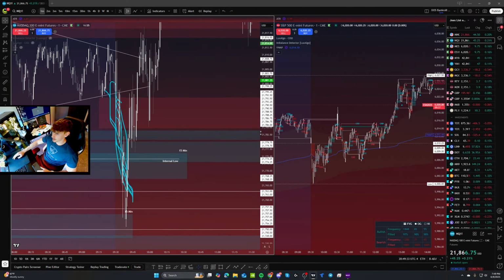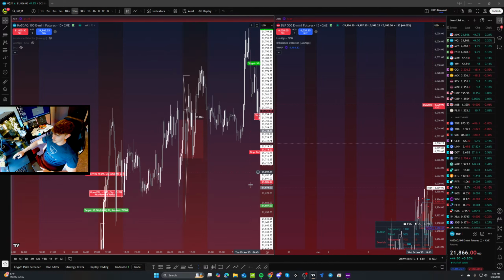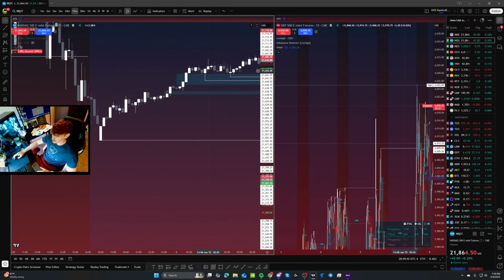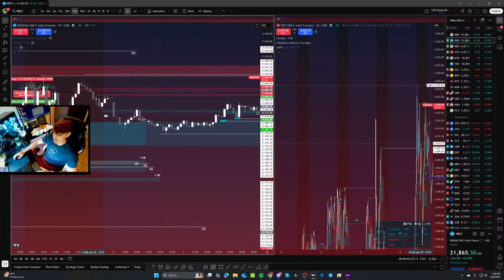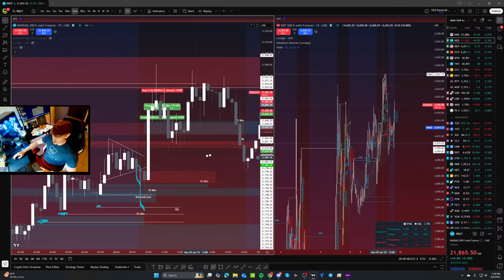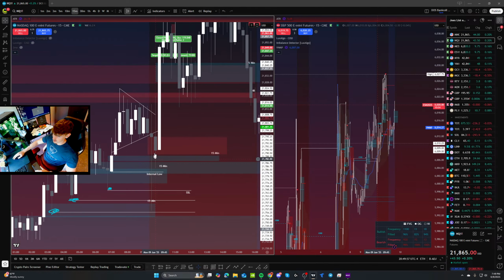Now, this is on the 1 minute, and this was obviously a little bit higher time frame manipulation, right? It's going to look different on every time frame. So obviously, on the 15-minute, it looks a little more like your classic, maybe 1-minute smaller manipulation, where you see the wick. Right, this looks a lot like manipulation, where you see the big wick down, comes back up.